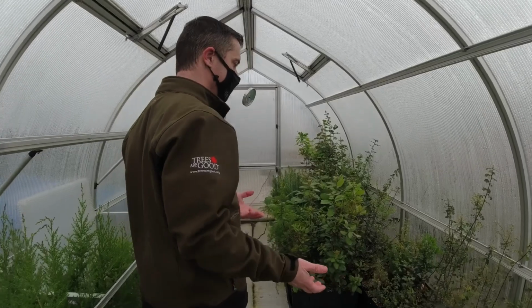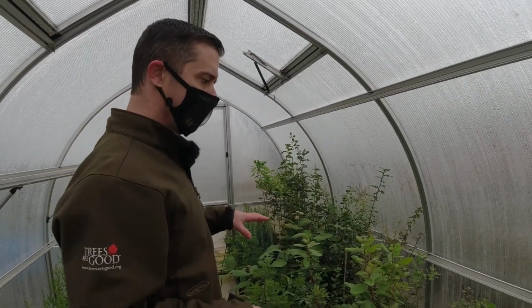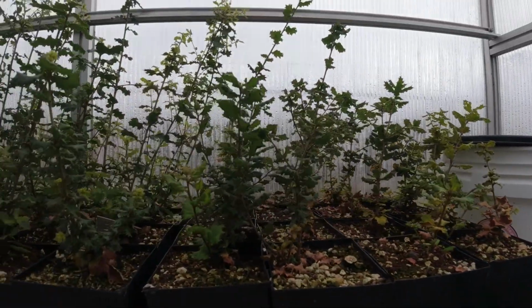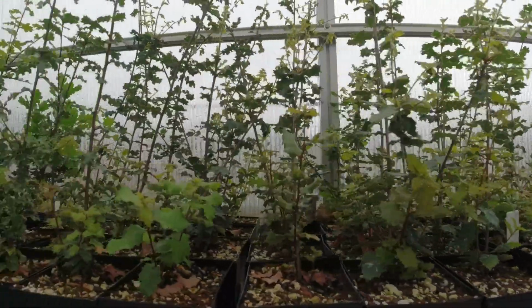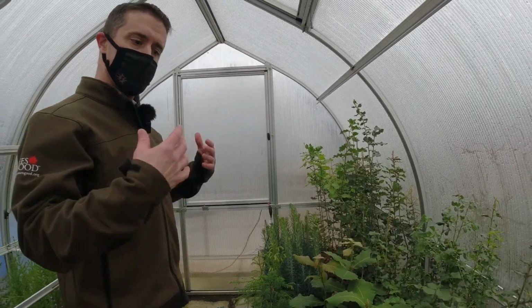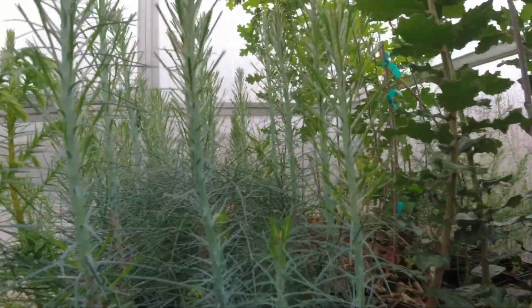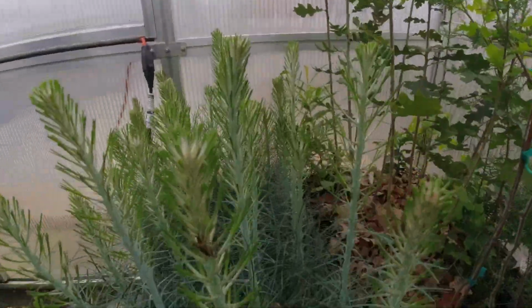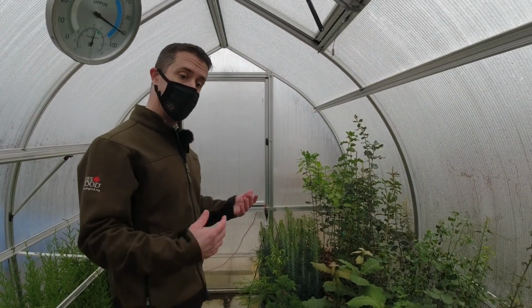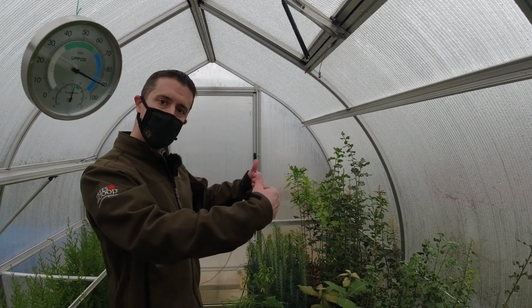So as you come inside here, you see we have lots of young plants. These are only approximately a year and 5 months old now. Most all of these species are from California. Several of them are very experimental. That's why they're just starting out in the greenhouse. We aren't quite ready to give them a full blast of Oregon winter yet. These were all plants which I collected as seed and brought back up here, started growing them. I give them a year or two in the greenhouse, then start moving them outside,